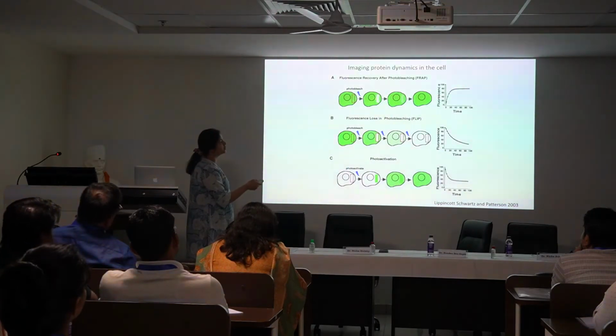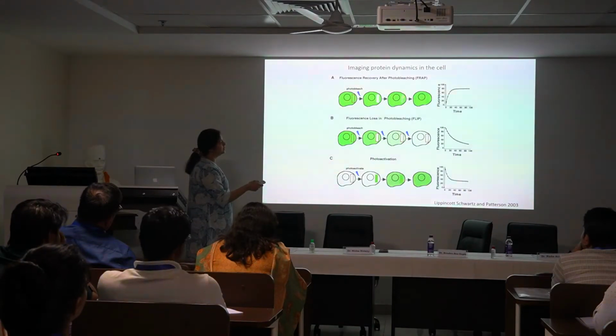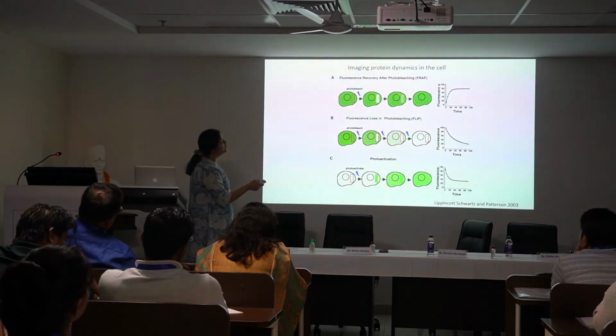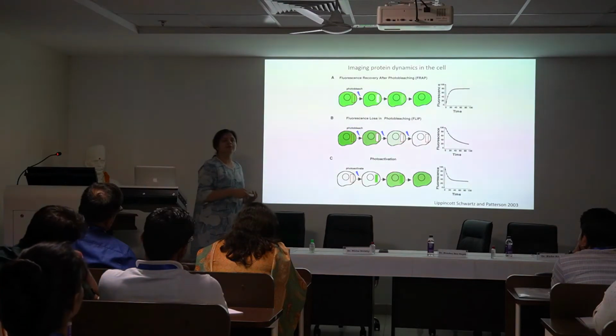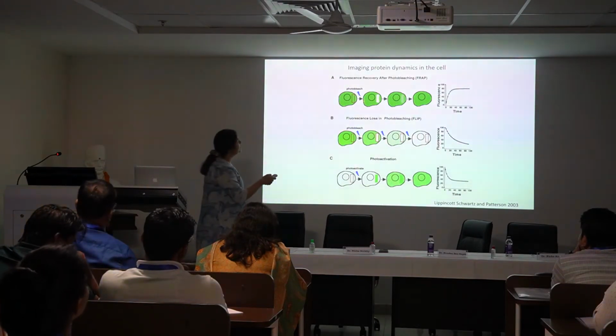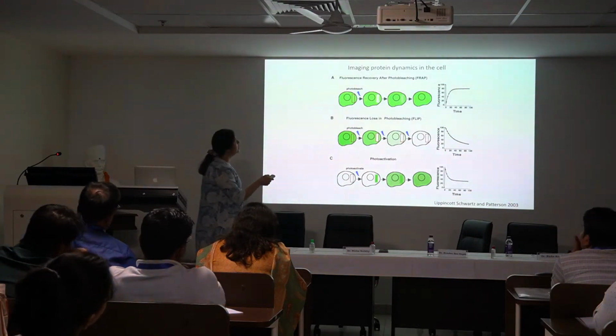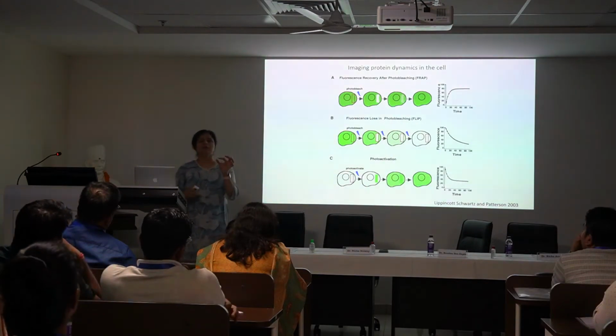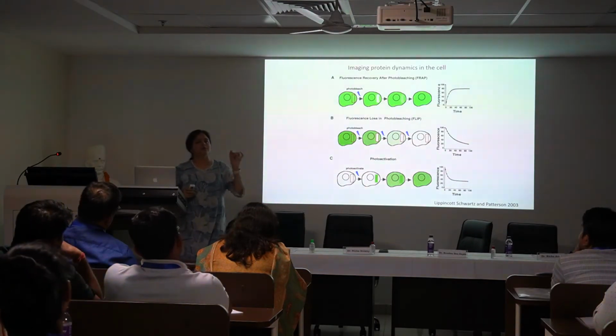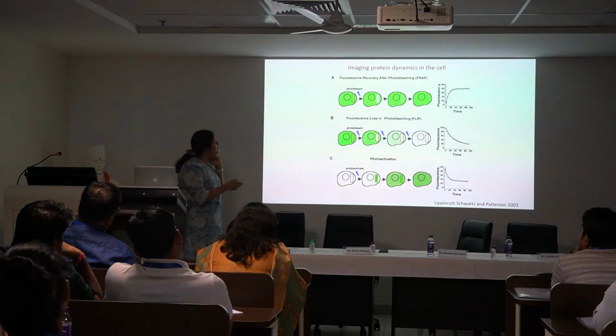So the fluorescence here has gone down to 0. Now you are allowing for recovery to take place, and then you are looking to see where the recovery is coming from, right? So imagine that this particular label is in a very precise location, let's say mitochondria or the endoplasmic reticulum. Then what you will see is that